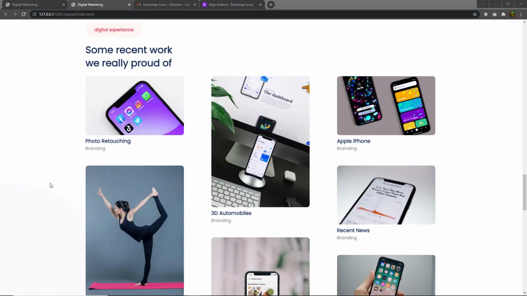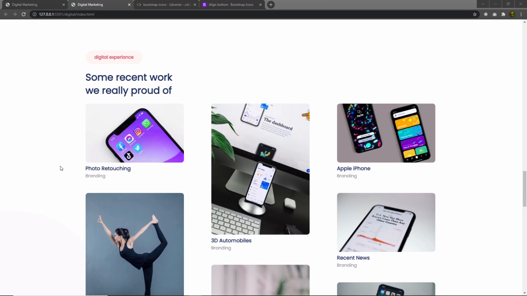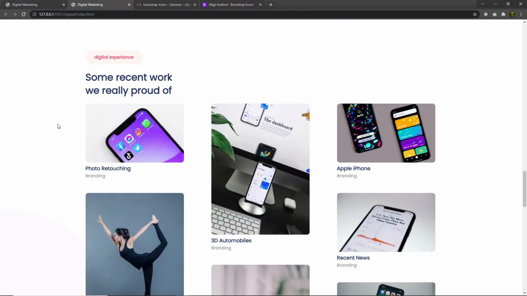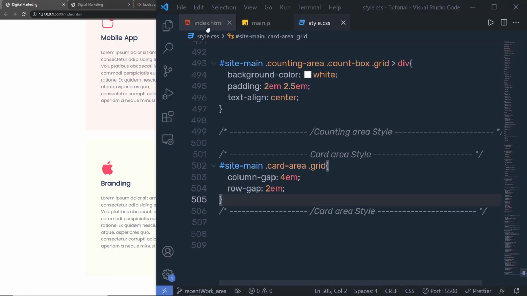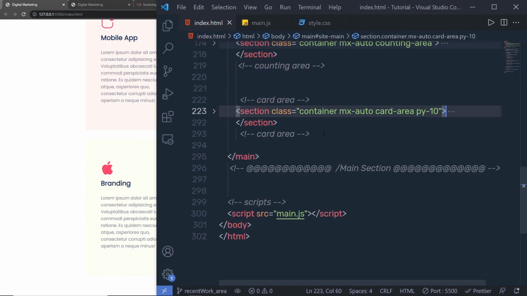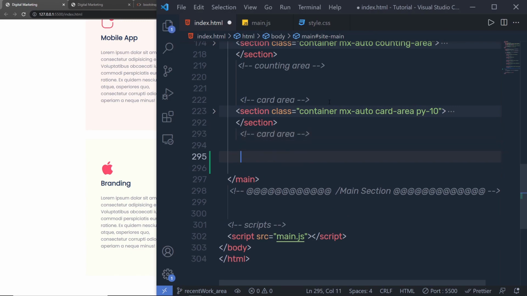Now let's get started and see how to make this beautiful recent work area section of this website. What we're going to do is, just out of this card section, we're going to make this recent work area section. So let's open the index.html file, and up here, just out of this card area, let's add another comment here